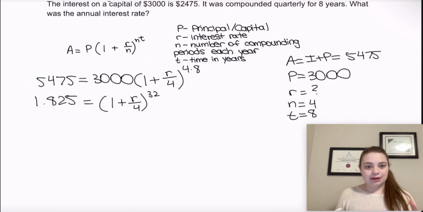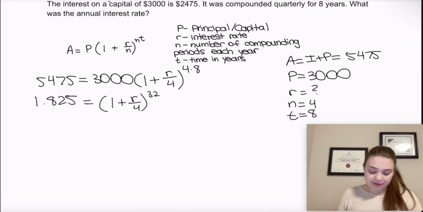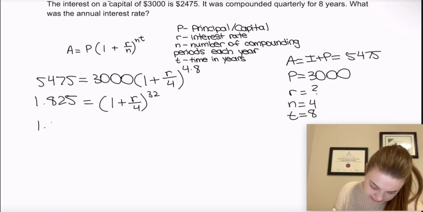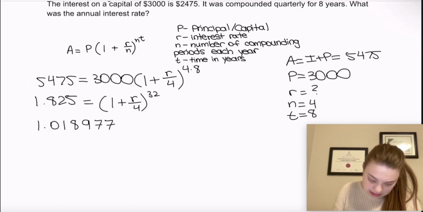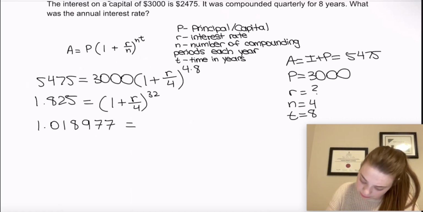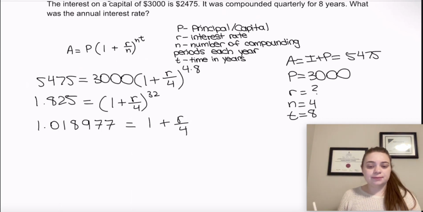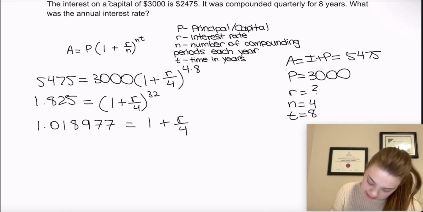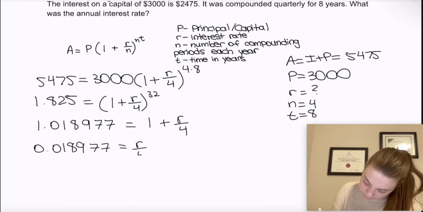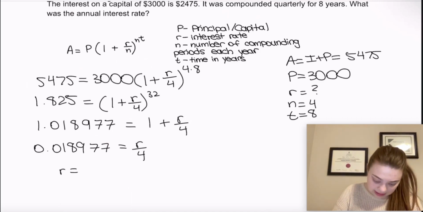Okay, so now what I'm going to do on my calculator is take the 32nd root of both sides. So let's do that. And according to my calculator, that is about 1.01897, rounding off there a little bit, is equal to 1 plus r over 4. All right, so next I'm going to subtract 1 from both sides to get 0.018977 is equal to r over 4. And then I can just multiply by 4 to get the rate. So times 4 gives me